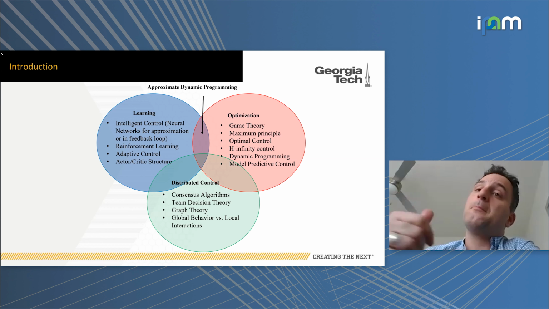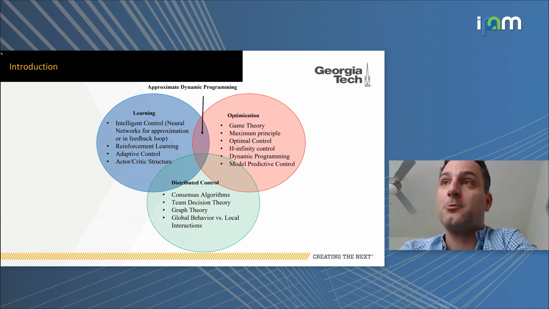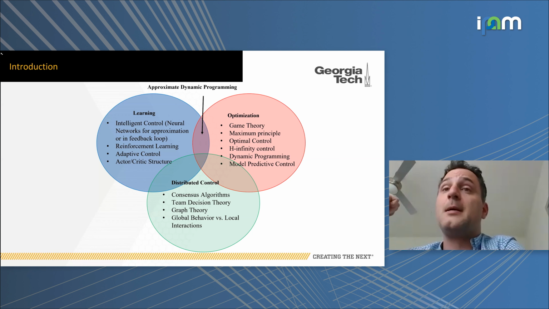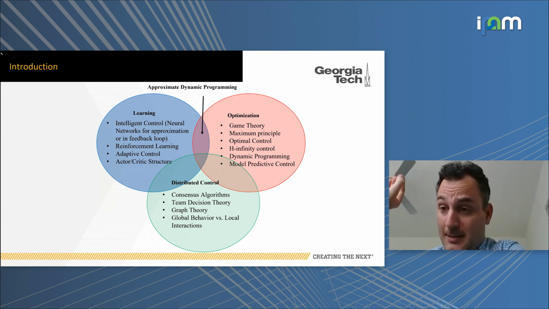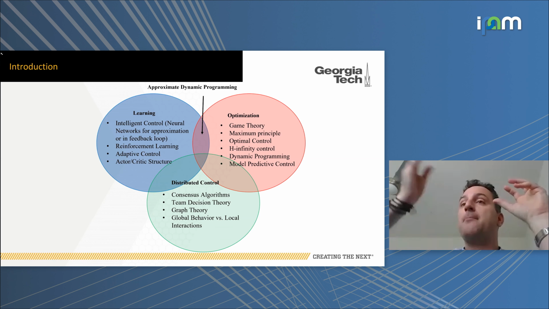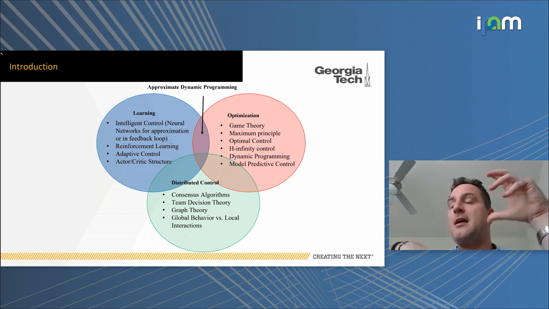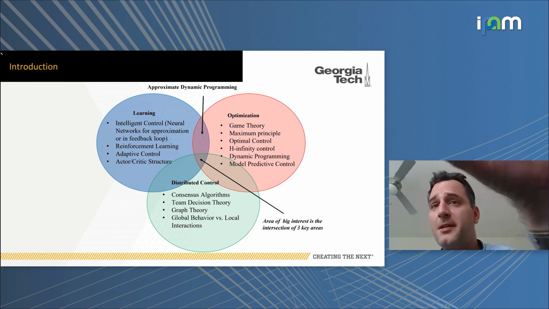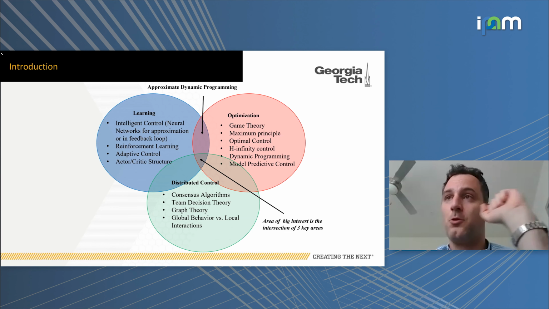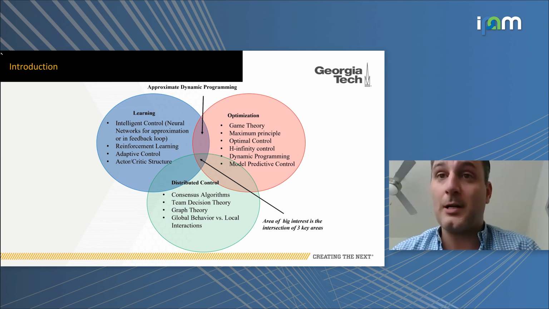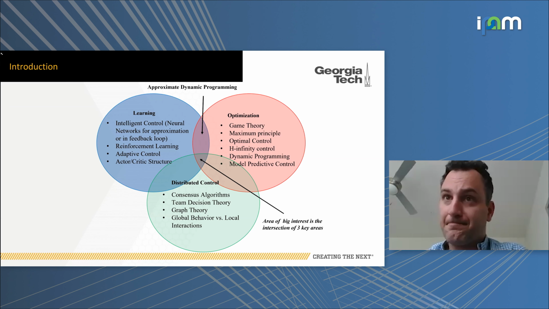Then there's another bubble that is very important, especially for us who do controls, that is called distributed control. And of course, solving games in a graphical sense. For example, I communicate with some neighbors. I get some action from my neighbors, and then I have my own cost, which is distributed. This is an area of research that we are all working on, and you will see at the end of my talk, I will talk about what we call graphical games.